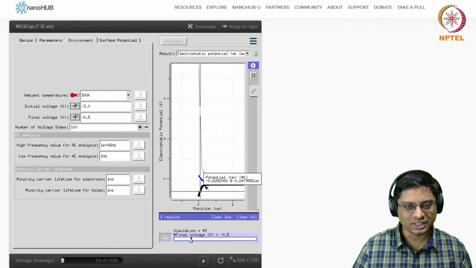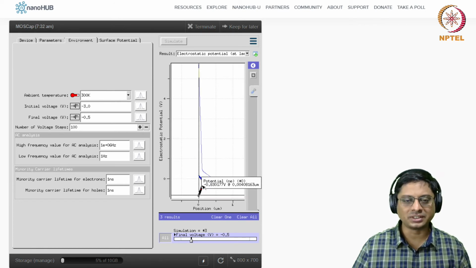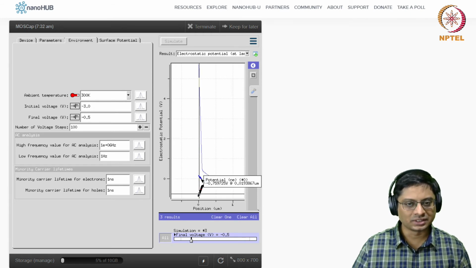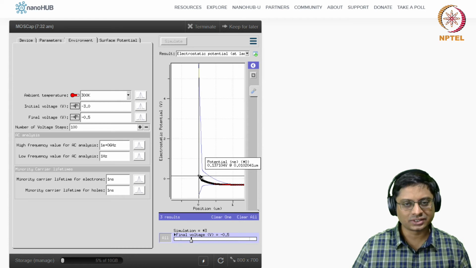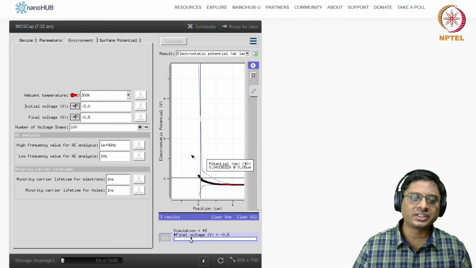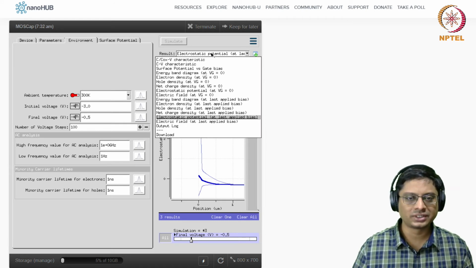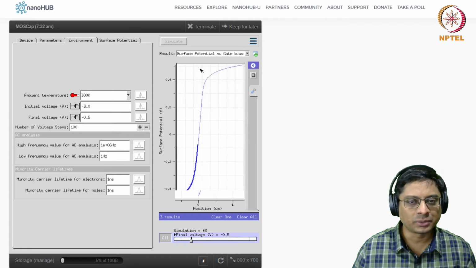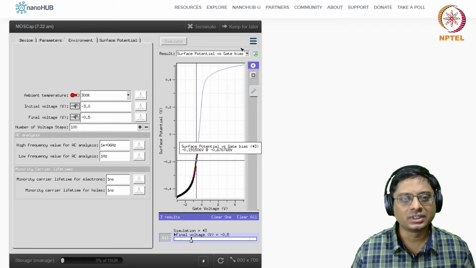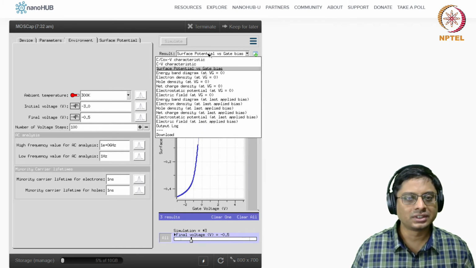One of these was actually depleting. So this is one depletion. Right now, currently we are depleting, simulation 3. And this is a low amount of inversion. Okay. So for various situations, you'll see surface potentials. You can calculate everything that we have discussed in the class. The same, you can look at surface potential as a function of gate voltage. So we have run different simulations.